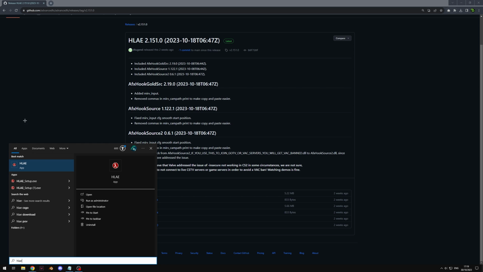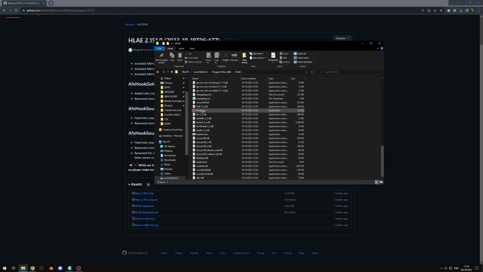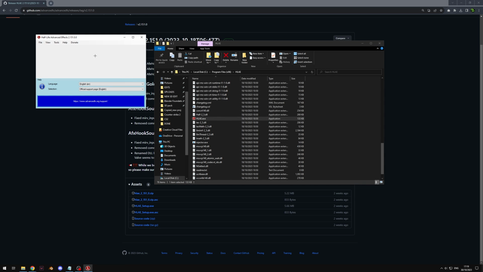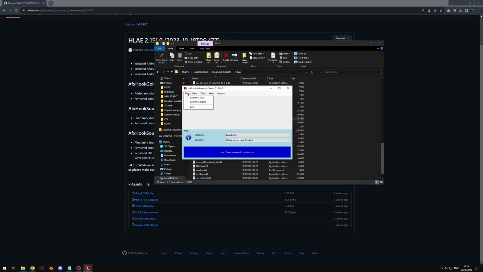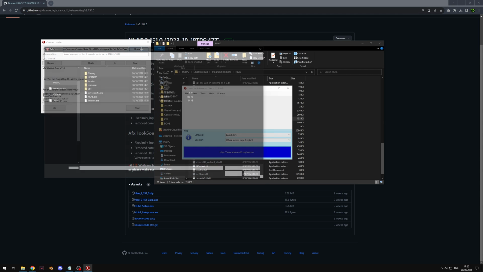So if you just search for HLAE, if it's not there, navigate to your C drive, program files x86, HLAE, scroll down and you'll see HLAE.exe here. And now all we're going to do is double click on it to open it up. Previously what you would do for CSGO is come up to file and launch CSGO, but because we're using CS2, we're going to need to create a custom loader. So come up to tools, developer, custom loader, and inside this custom loader, just browse,